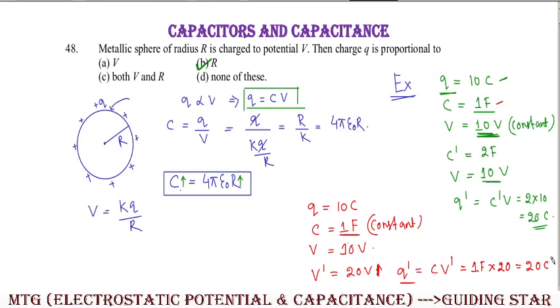That means as I am increasing the potential, क्लियर, पोटेंशियल इंक्रीज हो रहा है, उसका मतलब है वहाँ पे चार्ज ज़्यादा स्टोर हुआ होगा। उसका मतलब ये है कि मान लो कि एक मेटेलिक बॉडी यहाँ पे है और उसमें पहले से ही कुछ चार्जेस हैं। क्लियर, और मान लो कि 10 coulomb का यहाँ पे एक चार्ज है उसमें। और हम यहाँ पे क्या करेंगे? At infinity एक यूनिट पॉजिटिव चार्ज है, यूनिट पॉजिटिव चार्ज जिसको मान लो कि Q naught है, या फिर एक सिंगल पॉजिटिव चार्ज आप मान लो. Assume that there is a single unit positive charge which is present at infinity, और उसको हम लेके यहाँ पे स्टोर करेंगे।